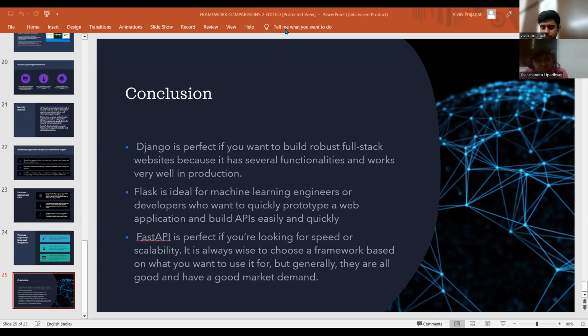But can you go to your slide number 3? Yes, sir. Go to the introduction slide. Yes, sir. Sir, my slide is visible. No, I can only see the conclusion. Yes, sir, it is visible.